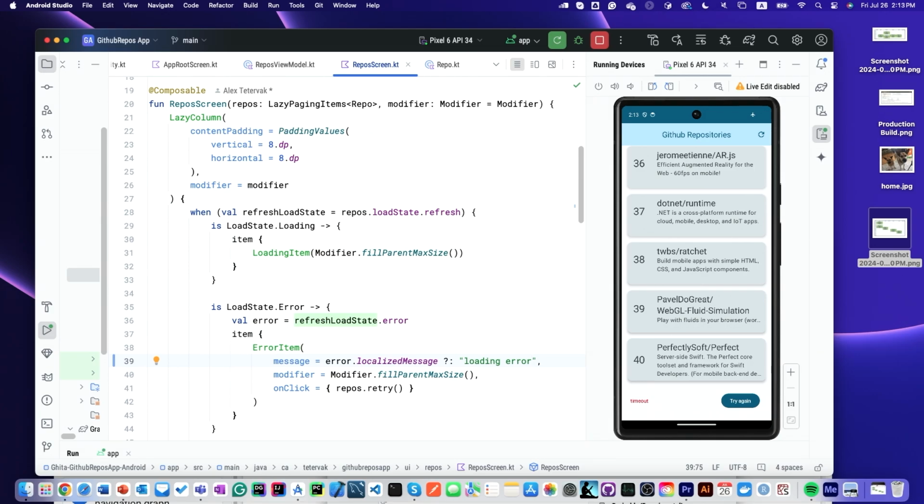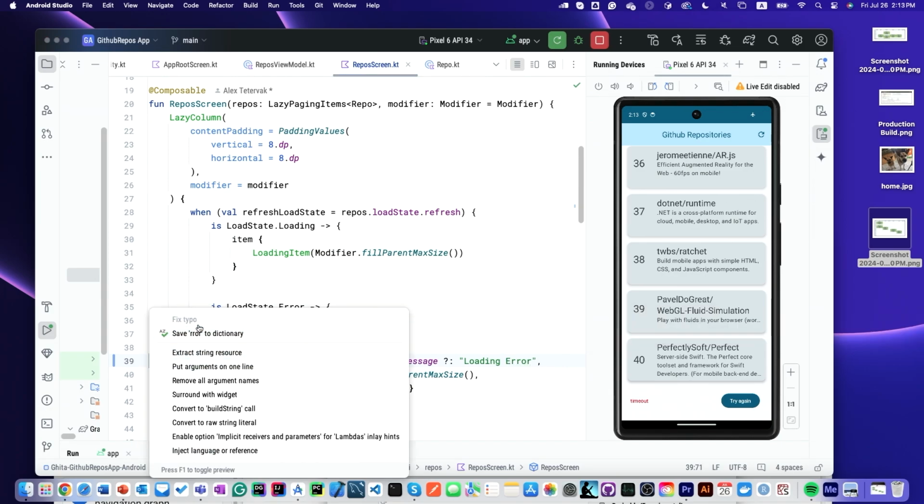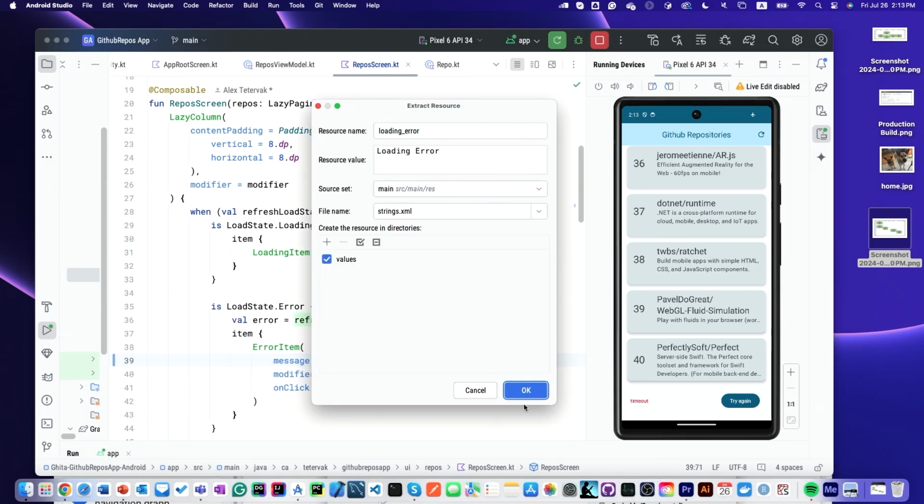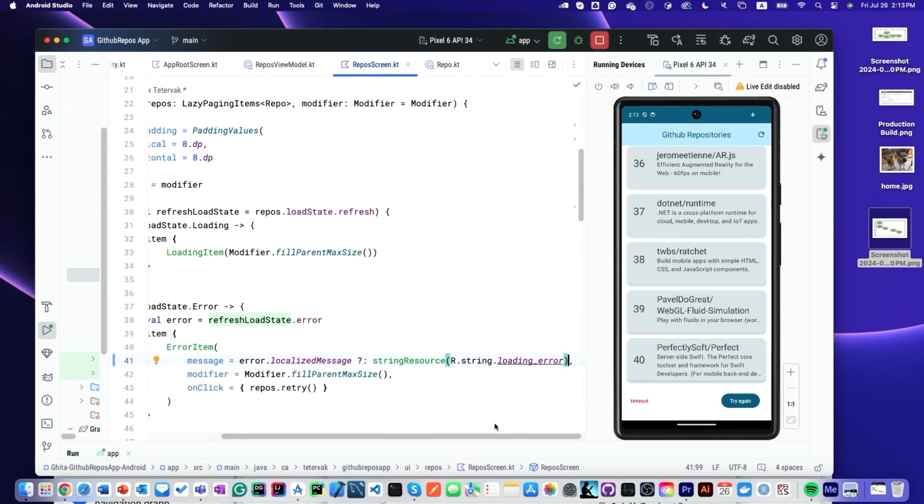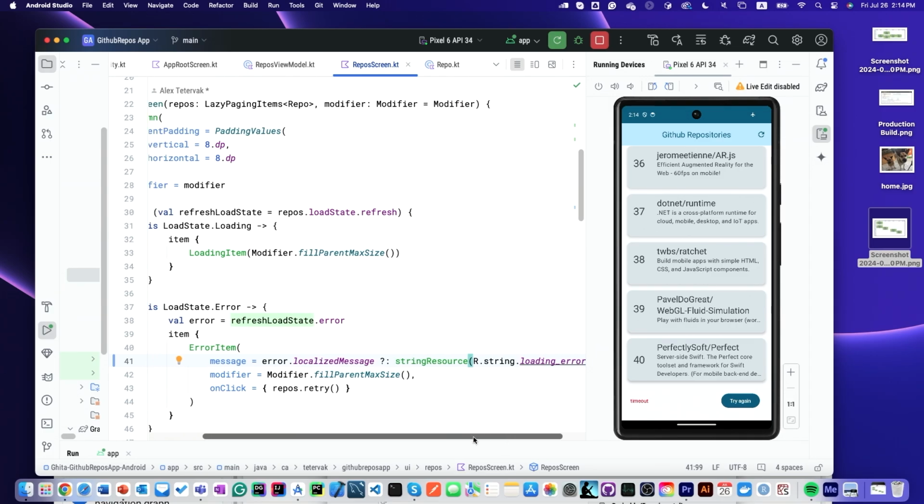If it is null, it will display loading error. Maybe, oops, and extract string resource. So it will be string resource loading error. Now,